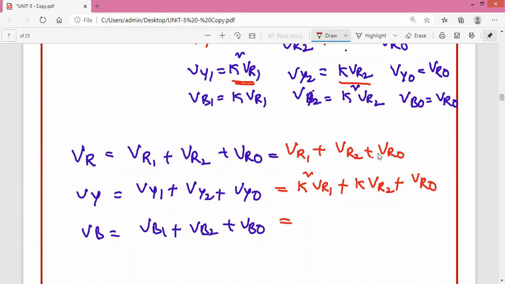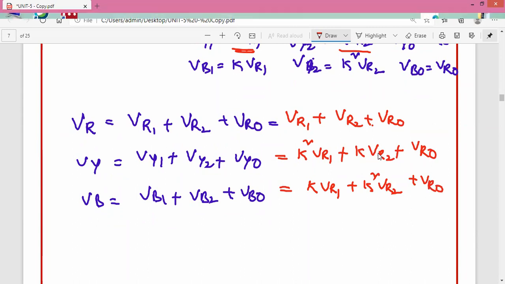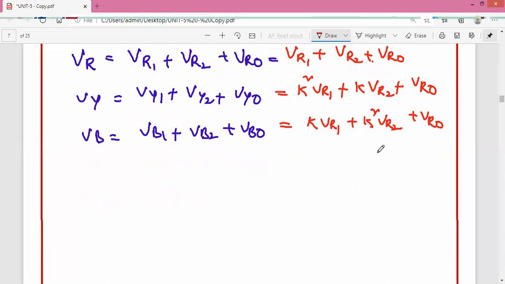And VB1 is k times VR1 plus k square times VR2 plus VR0, right? So now I am representing these unsymmetrical,